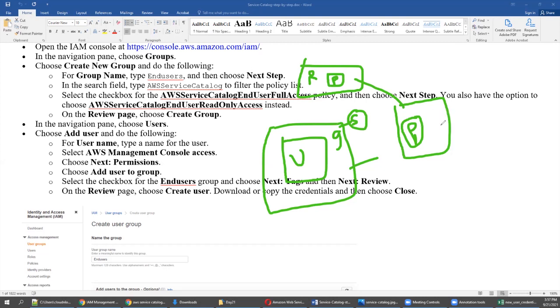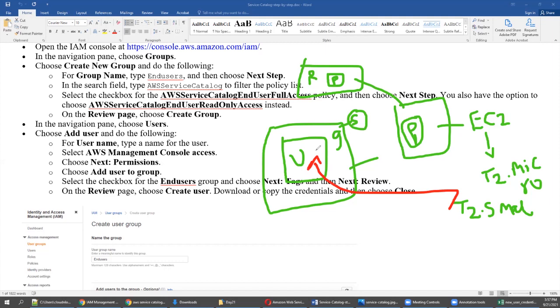Already in this portfolio, we also defined they can go with EC2, but with some condition. In EC2, they can only use T2 micro and T2 small. You can go with anything, but this is just an idea. Obviously, all this will be applicable to this user because you are associating to the specific portfolio.